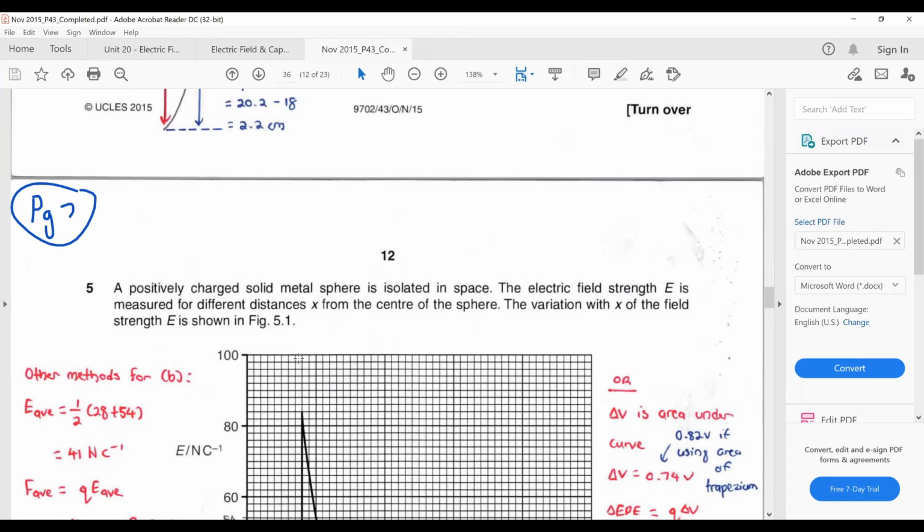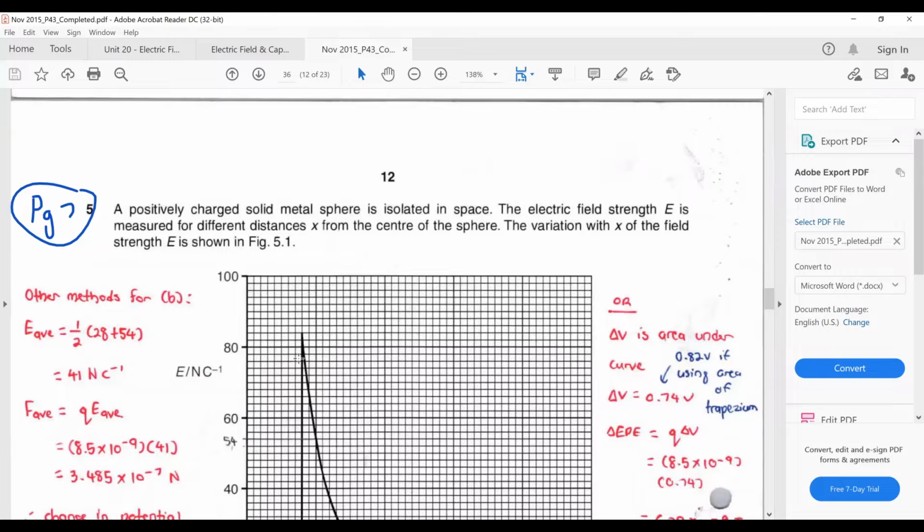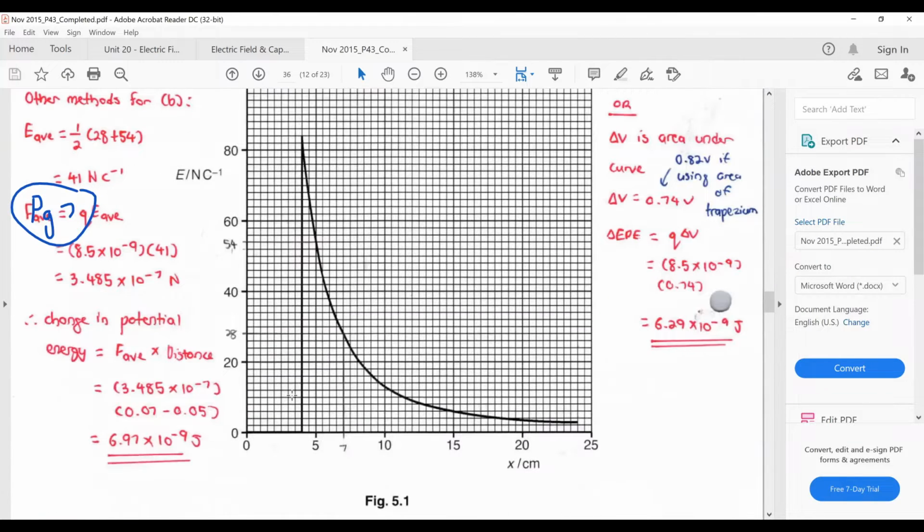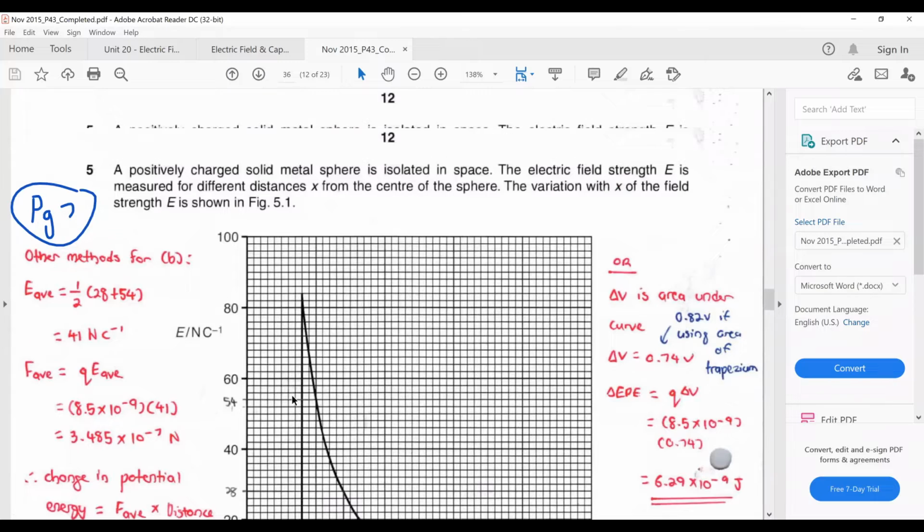If you look at page 7, you have a positively charged solid metal sphere that is isolated in space. The electric field strength E is measured for different distances x from the center of the sphere. The variation with x of the field strength E is as shown in figure 5.1. So the one you have here, they're talking about an